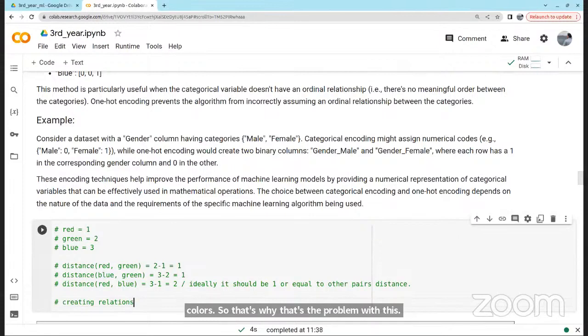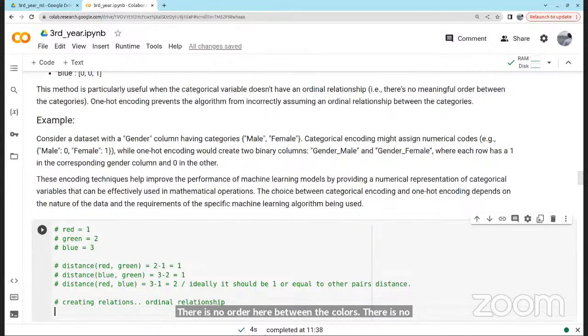We call this ordinal relationship. There is no order here between the colors, right? But you are creating an order.